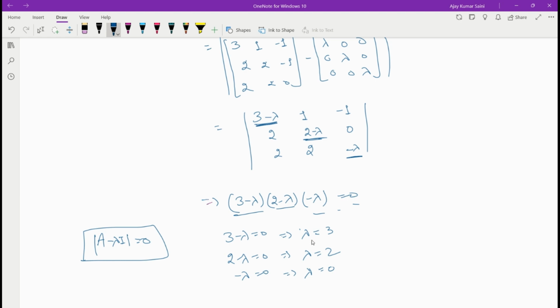Okay, so from here I get these three values. So these three values are the eigenvalues. So lambda is equal to 0, 2 and 3, these are the eigenvalues. Okay,